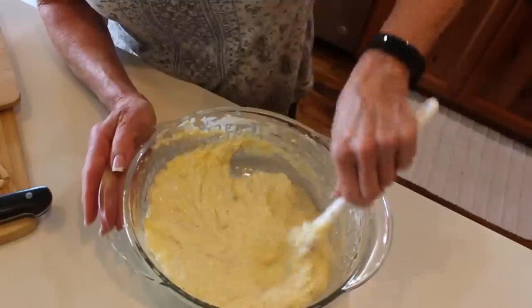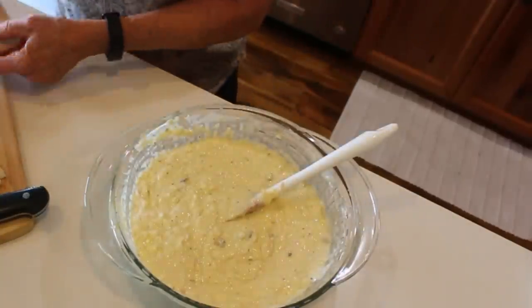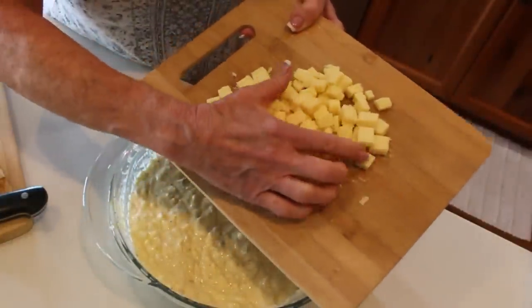This is actually gonna kind of souffle up, and let me just tell you, you're gonna be addicted. That's why I'm doing it in portion control today. So now I have